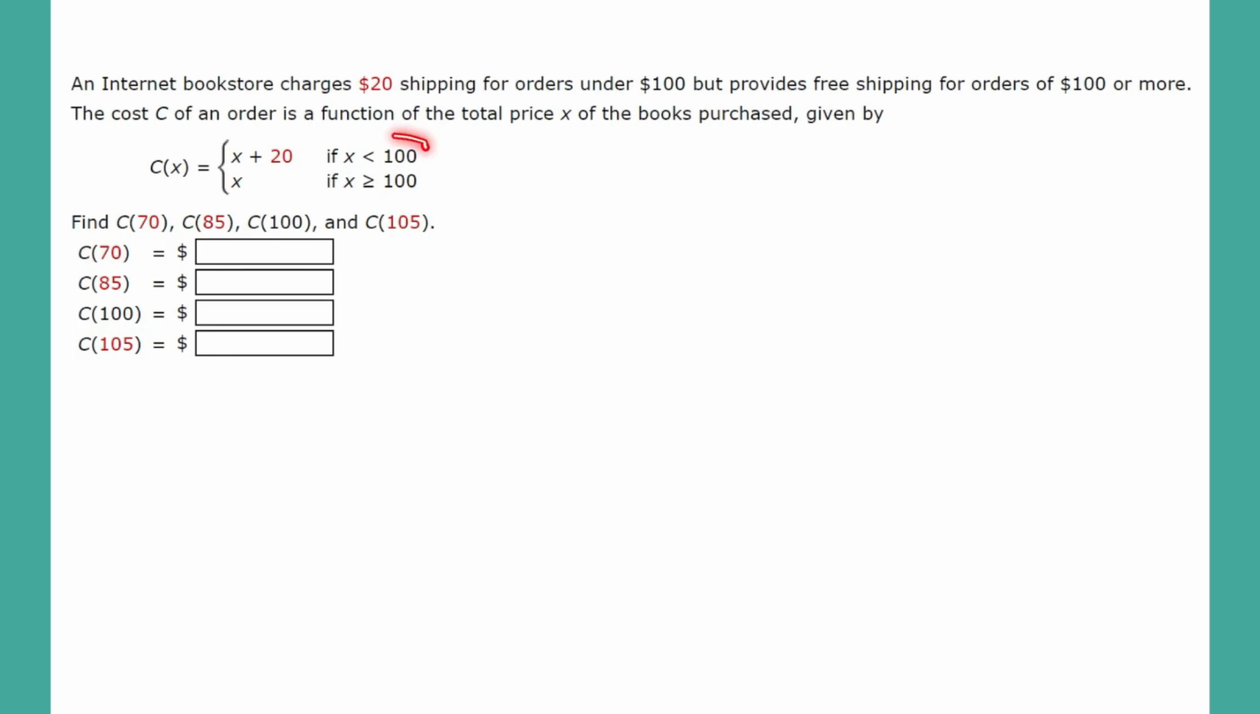So if you're spending $70, that's less than 100. That means you're going to use this function, which is 70 plus 20, which is $90. If you spend $85, that's still less than 100, so it's going to be 85 plus 20, which is 105. And if you spend $100 even, that's going to be the second function because of the equal sign here, so you're only going to spend $100. And if you spend 105, that's also greater than 100, so you're just going to spend 105. And that does it for this